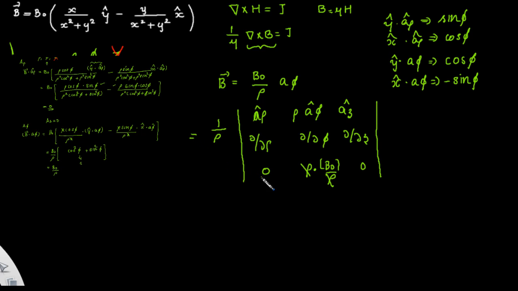Now what will be the value of this determinant? We can clearly see here we have 0, here we have 0, and here we have a constant B naught. The derivative of a constant will always be 0, so we need not evaluate this determinant because its value will be 0. Even if we take the derivative with respect to any of these, it will surely lead to 0. So this is 0. So the correct answer is that the current distribution that leads to this is 0 and B naught is 0.